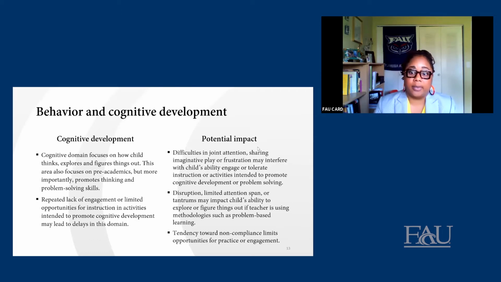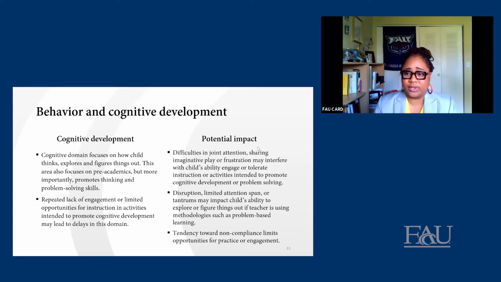So these types of activities, while they promote cognitive development, if our children inherently or definitionally have difficulty with these types of activities, you can see how over time this might have an impact on their cognitive development. If a child also has limited attention span, has tantrums, or has impaired ability to explore or figure things out,